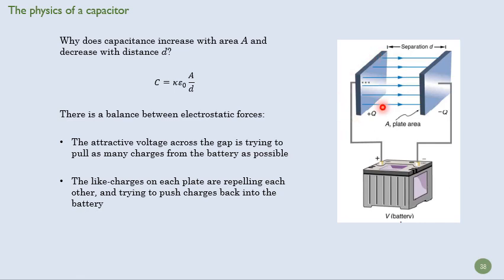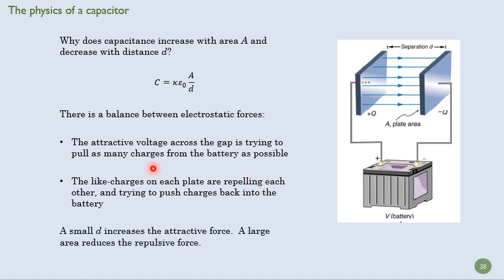And so you're going to reach a sort of steady state where these two things get balanced. If I make the area bigger, I'm going to reduce this repelling force, because these charges are going to be able to spread out more. If I decrease the distance, I'm going to make this attractive voltage stronger, because I'm going to make that electric field stronger, and it's going to pull more charges onto the plates. So that's why A and D are important in the